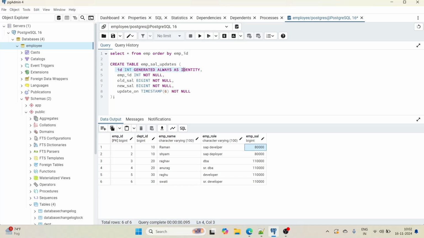So it will be a generated identity column. All the sequence will get generated automatically. We don't need to enter anything. And then employee ID, it will note the old salary, and the new salary also it will note,